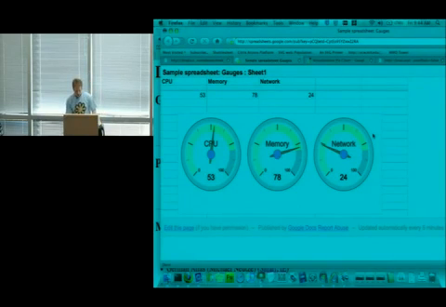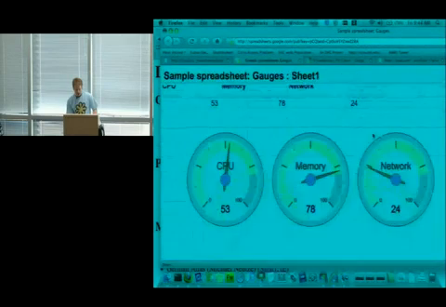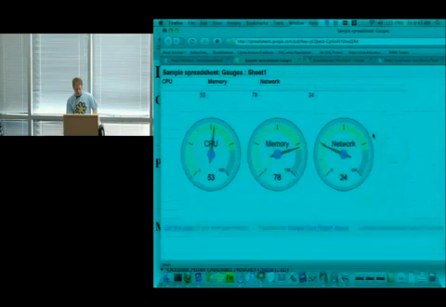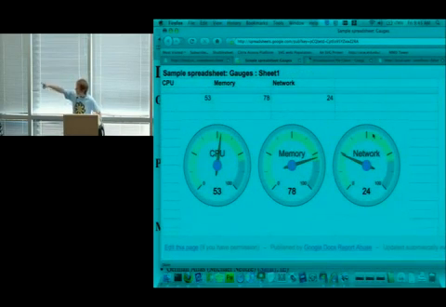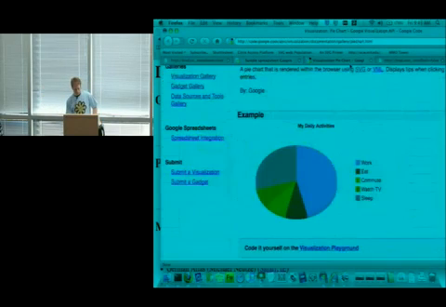And these gauges are actually SVG. So as we change the size, it still stays beautiful. That's the scalable aspect. And the gauges are keeping track of memory and CPUs. So that's one of them.